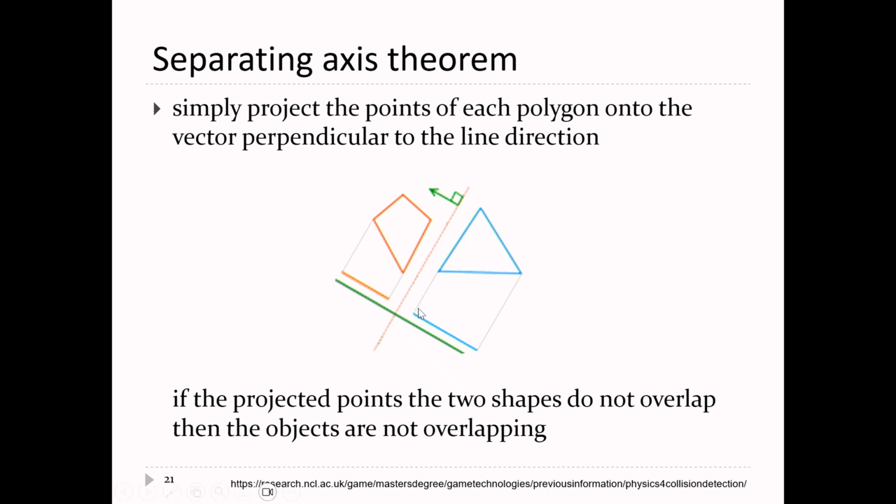So the question is how do you project these points from the red polygon onto that axis there? Well, that's just the projection, which again is just the dot product. So what do you do? So if that is n,